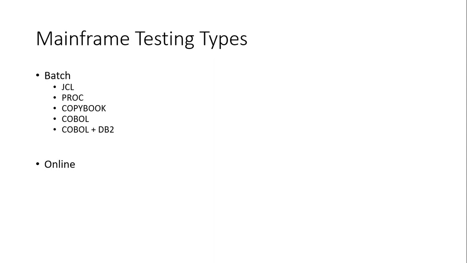Either a COBOL program can read the PS file or a GDG file or a VSAM file to get the data, and you can write another COBOL program. There will be another COBOL program which uses COBOL DB2 and also the PS or VSAM files to retrieve the information from the respective data sets or tables. So this will be one kind of COBOL program you can see, and there is a simple DB2,